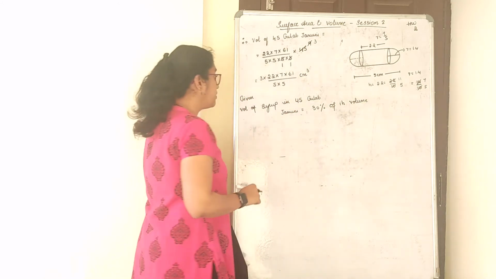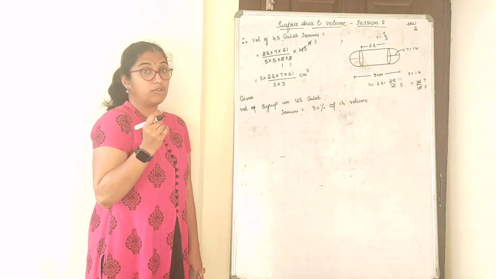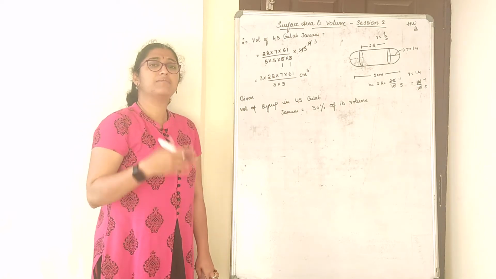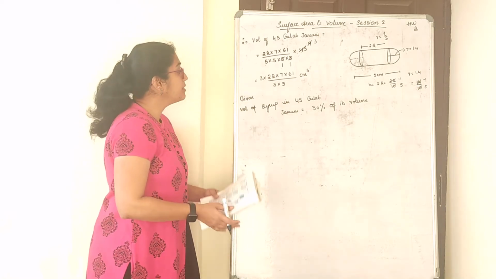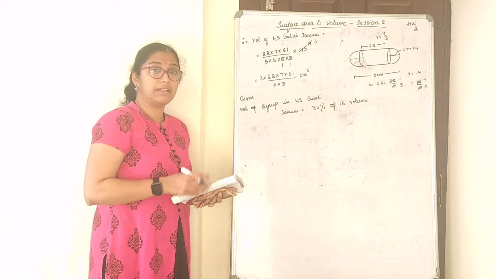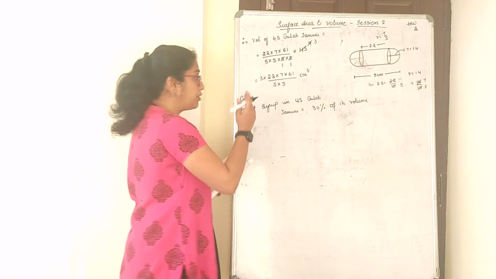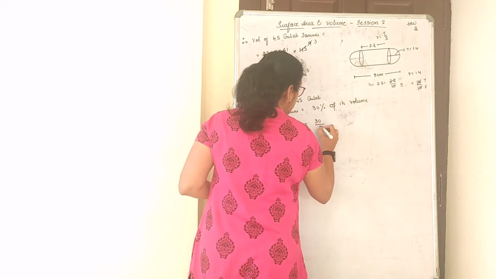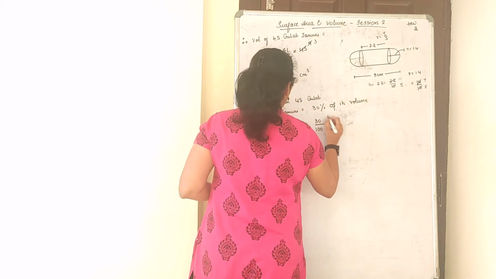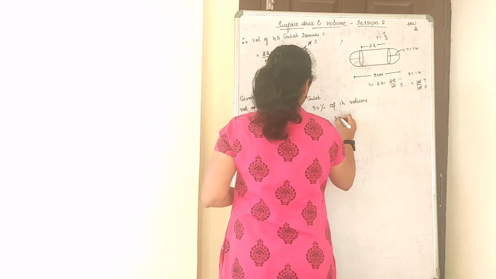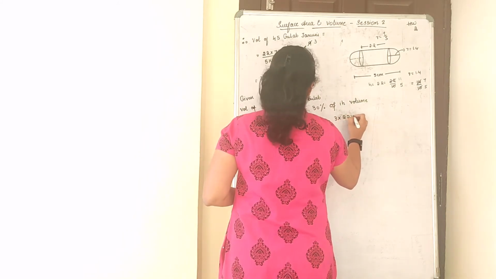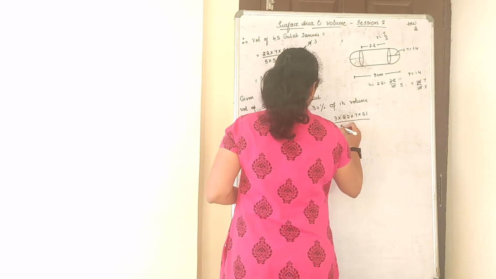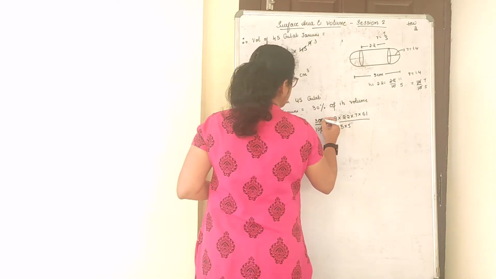Now see, this we could have done by for one gulab jamun is equal to 30% of its volume. Now 45 gulab jamuns already we have calculated. So with respect to 45 gulab jamuns only, we will consider 30% of its volume. Very simple now. 30% of its volume. 30% means what? 30 by 100 of its volume. 3 into 22 into 7 into 61 divided by 5 into 5.